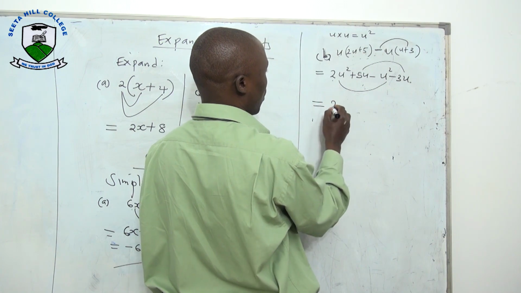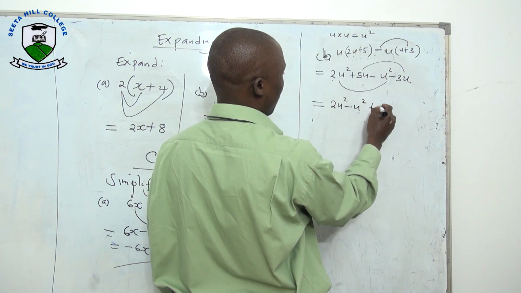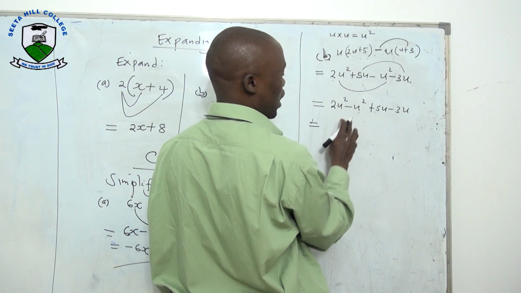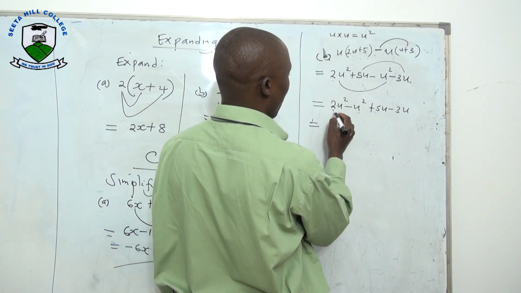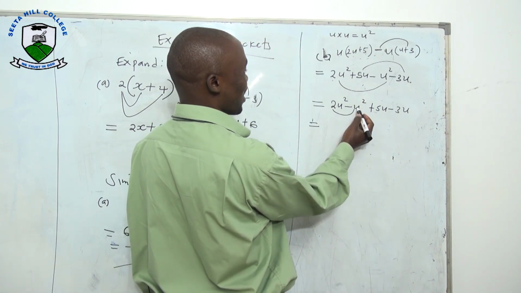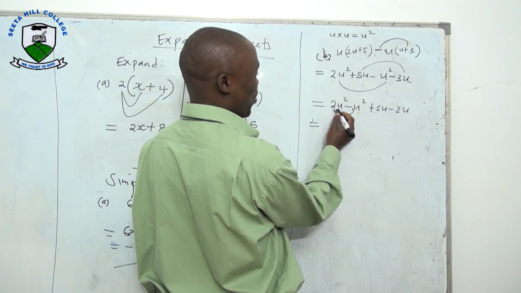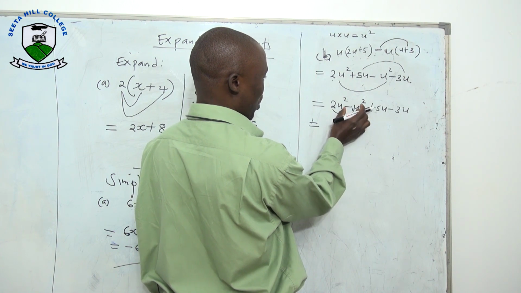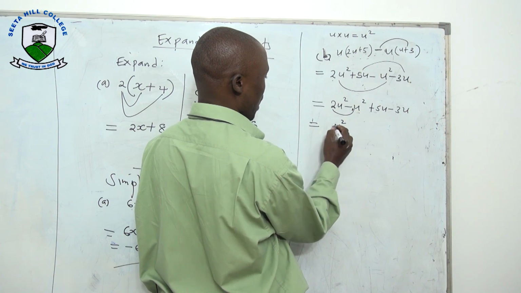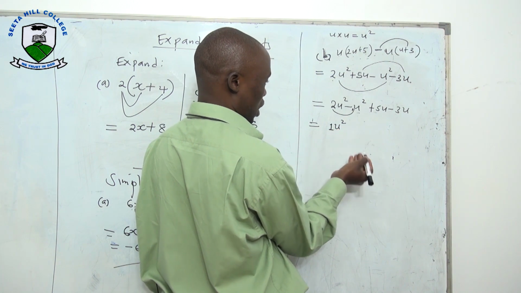Yes. That gives us 2U squared minus U squared plus 5 minus 3U, giving us 2U minus U. We subtract the numbers. What is this that has a hidden one? U squared, 2 minus 1, not so? Yes. When we maintain the letter, then subtract the numbers. This is 1U, yes, which is U. You can say 1U or it is U.